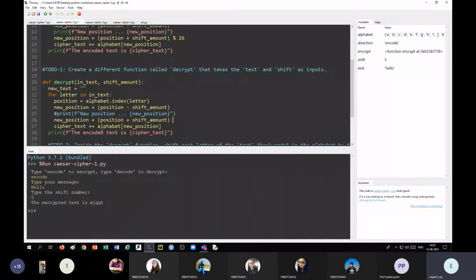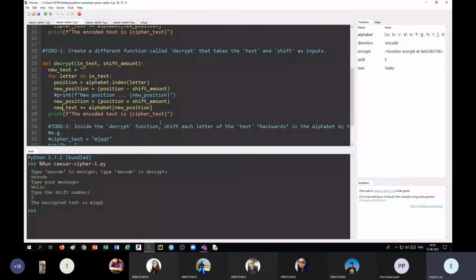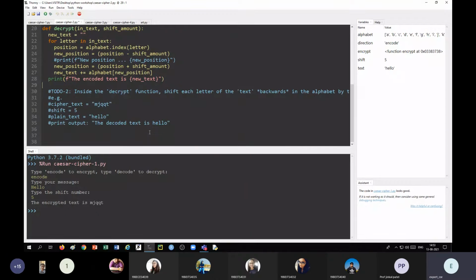And instead of ciphertext, let me take new text because I have used the word new text. New text is equal to new text plus alphabet new position. Okay, so this is all about the decryption function, right?